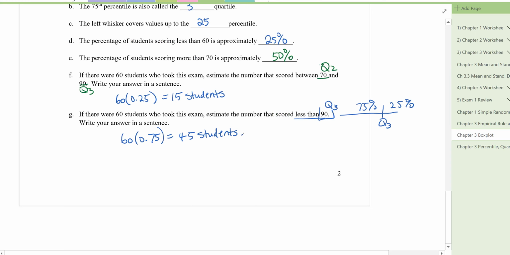Okay, so to answer the question in a complete sentence, I would say if there were 60 students who took the exam, then 45 students would score less than 90. And for part F, I would say if there were 60 students who took the exam, then 15 students would score